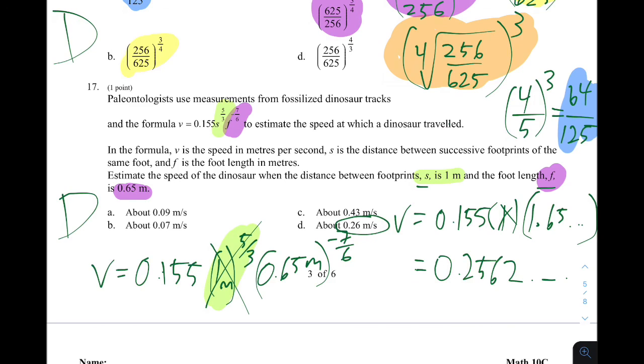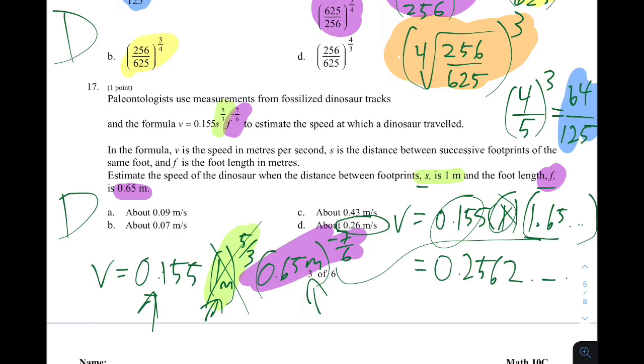So all I did in this question was find my variables, plug in the values into the formula, and follow my order of operations, follow BEDMAS, right? Do the exponent first, find what value that is, that's 1.65. Find what value that is, that's 1. This is just a coefficient, it's easy. And then multiply them all out, 0.155 times 1 times 1.65, etc., to get my final answer of close to 0.26. And 0.26 meters per second is slow. That's less than like a kilometer an hour. So I think that was a good estimate on my part. Okay, I'll switch to another video for the next